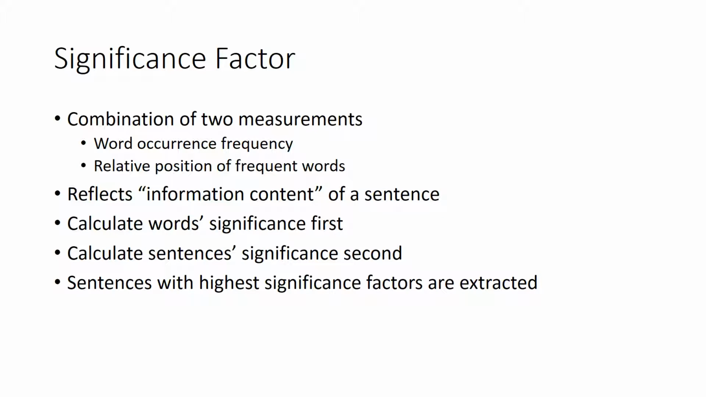Now, the significant factors. There are 2 measurements here. The first is how often that word occurs, and the second is how close the significant words occur. If the significant words occur close together, they're considered more significant, and the opposite is true. What's reflective is the information content of the sentence. So to do that, you first have to figure out the significance of the words, and then build from there